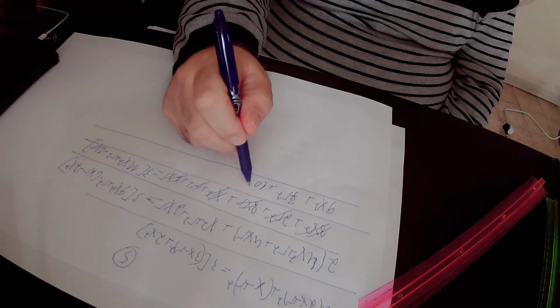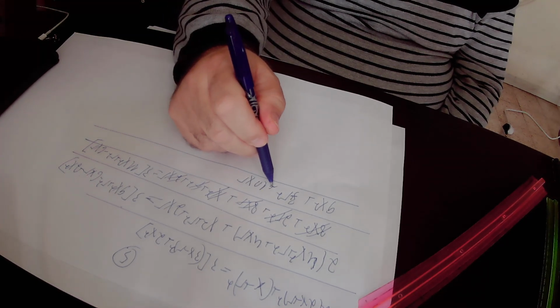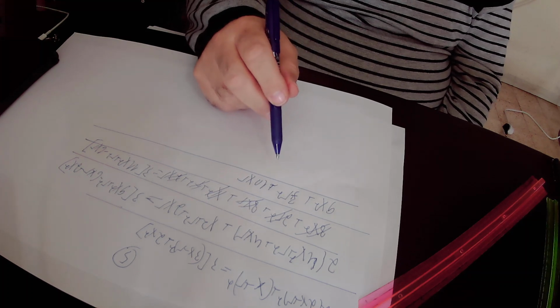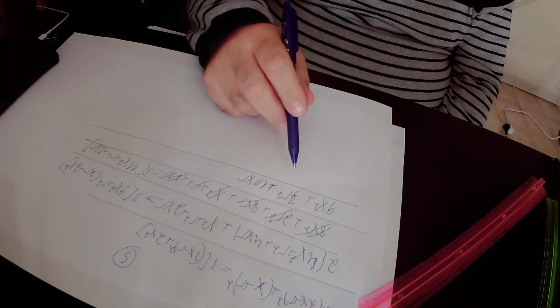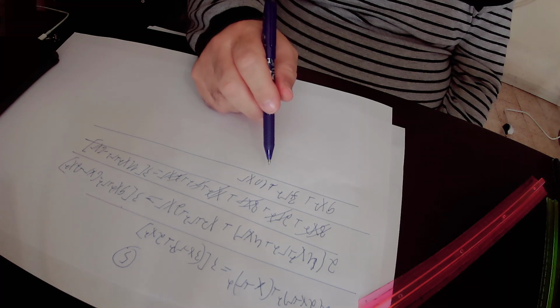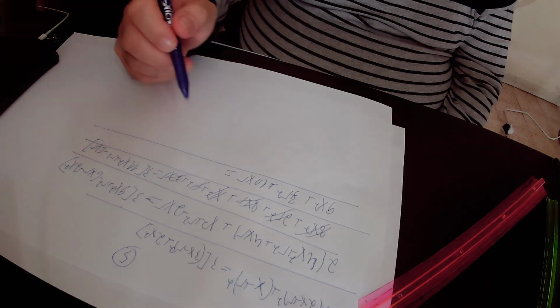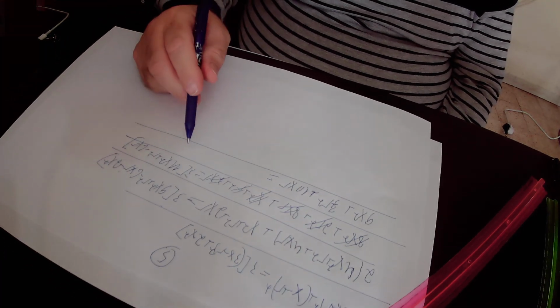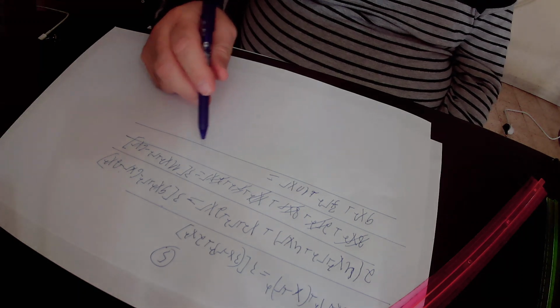So in total, in this side of the equation we have 9x squared plus 3r squared plus 10xr, and it is equal to, here we'll open the brackets, we have 3 times 11x squared is 33x squared,